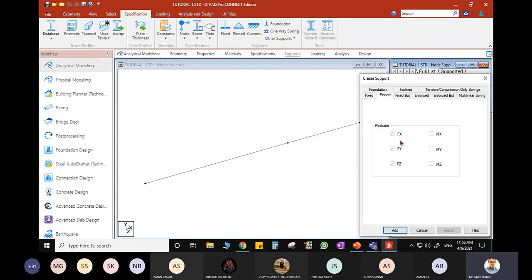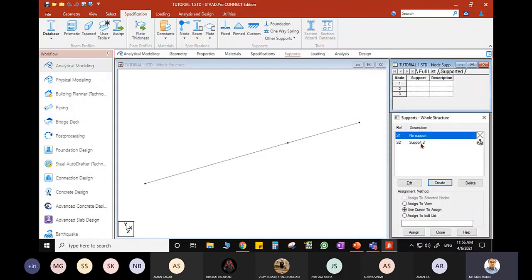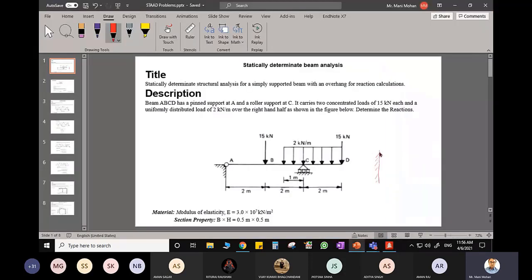Is this clear? Okay, and this will be helpful for you when I define this roller support. So please understand now. I hope this is clear to you. Let me click add. So I have a pin support, but I need a roller support. Let me come to here. So this is a fixed support. Fixed support is a general support. Now in fixed support, all the movement is restrained.